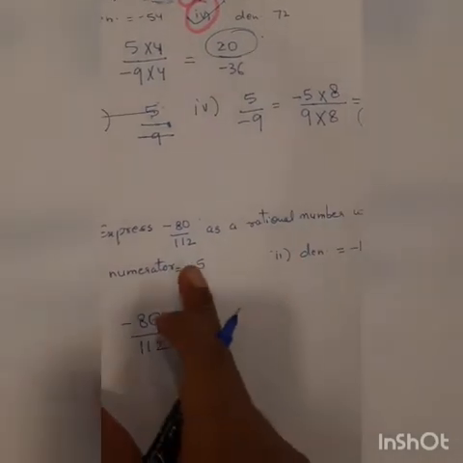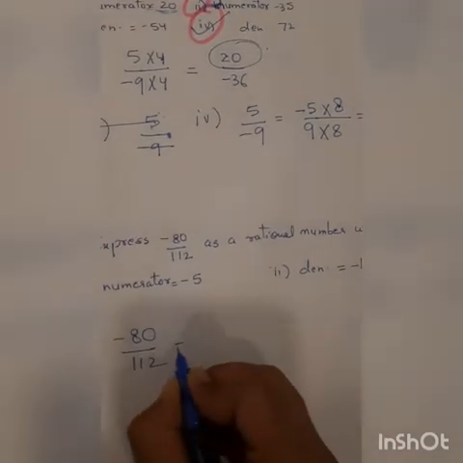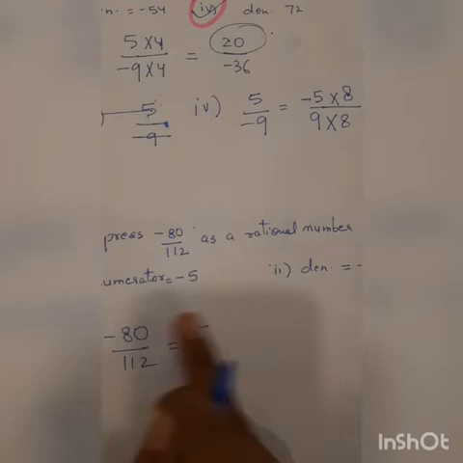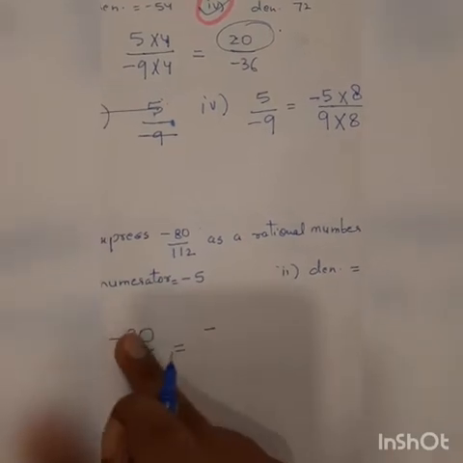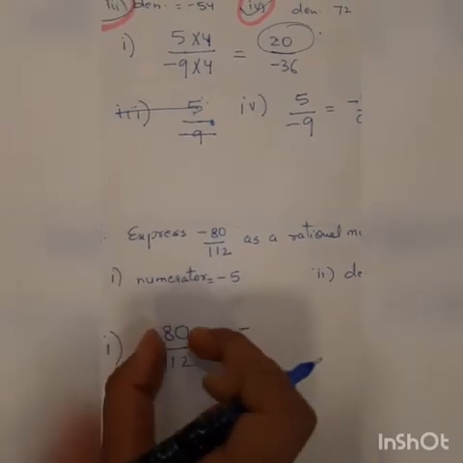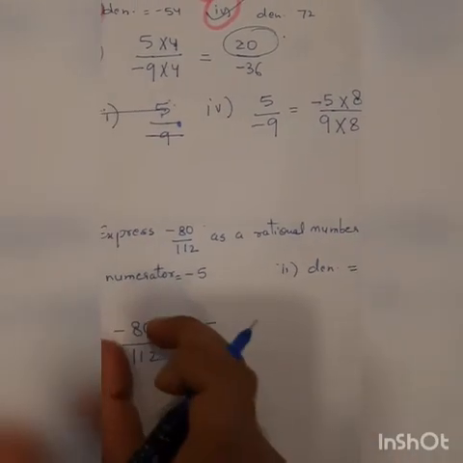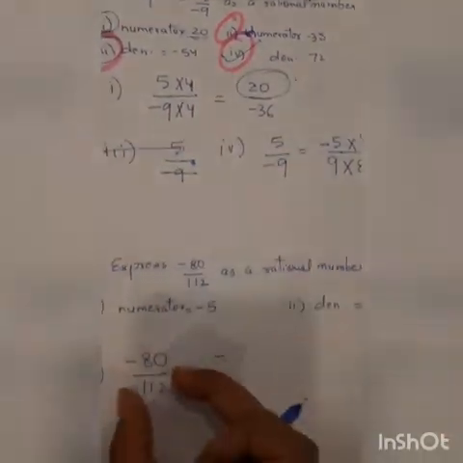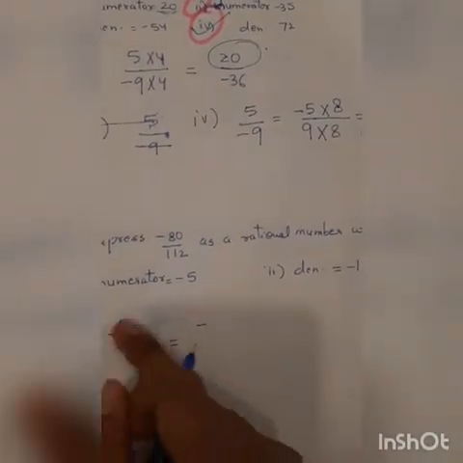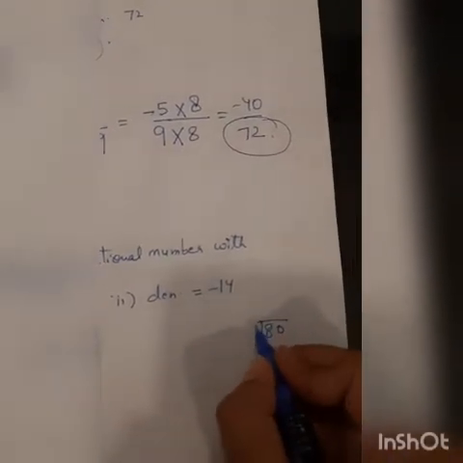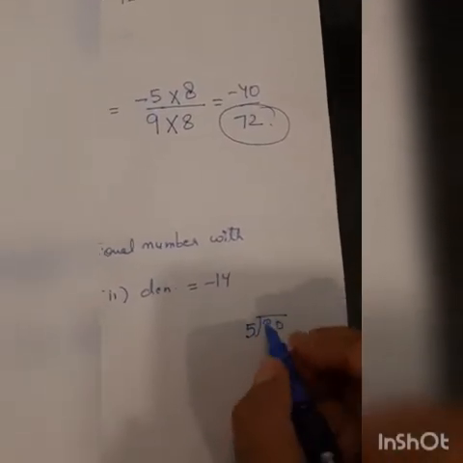Okay. बच्चे न्यूमरेटर माइनस 5 कैसे बनेगा? माइनस आंसर माइनस इज माइनस, नो प्रॉब्लम. बट 5 कैसे आएगा? 80 से 5 कैसे आएगा? हमने 80 से 5 तभी आएगा जब हमने किसी नंबर से 80 को डिवाइड करा है. क्योंकि बच्चे जब भी from this we are getting a small number, it means we are dividing. If from a given number we are getting a big number, it means we are multiplying. सो बच्चे 80 से 5 कैसे आएगा? If we have divided 80 with a certain number, let's see 80 को किससे डिवाइड करने से 5 आता है. So I will actually divide with 5 and see.